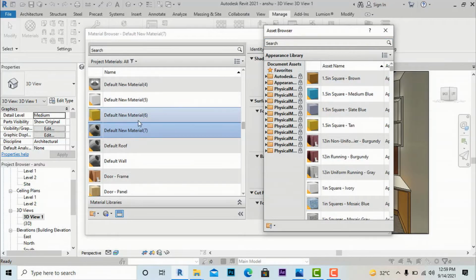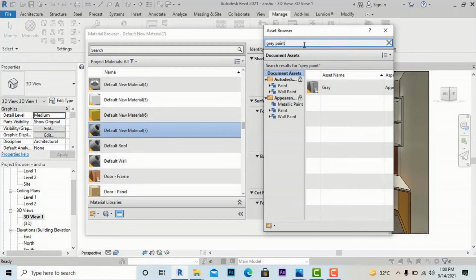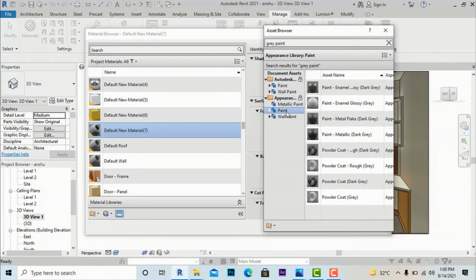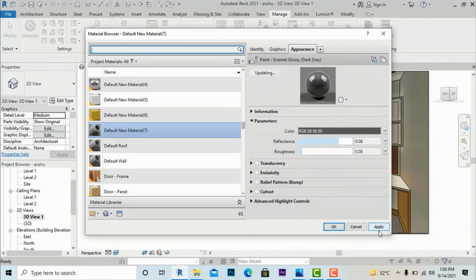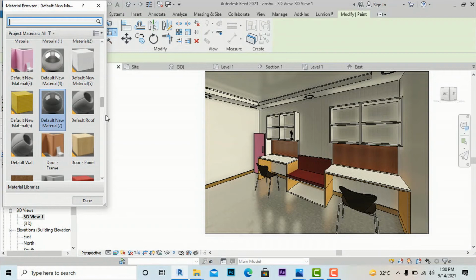I am not renaming this. For this, you have to right click and rename, and I am going to leave one gray paint, so you can leave wallpaper as per your design. I'm going to use this as one paint here. I'm going to apply OK, and I want to apply on this, so you have to select the paint tool, which is the shortcut command P, and now you can use this default new material